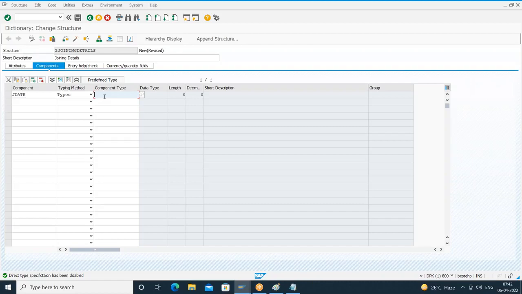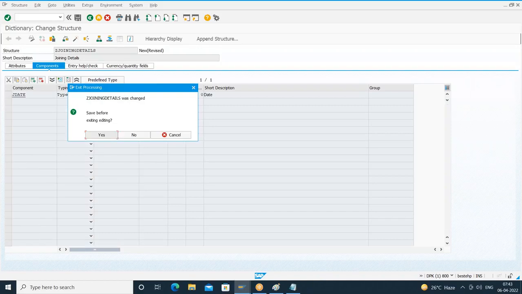I'll go for the standard data element given by SAP. Just like in the earlier case, we have seen the standard data element MANDT. Here also I'll refer to the standard data element DATUM, nothing but datum. It is not starting with Z or Y, so you have to understand it as a standard data element. If I press enter, what I got is DATS. If I double click on this data element,